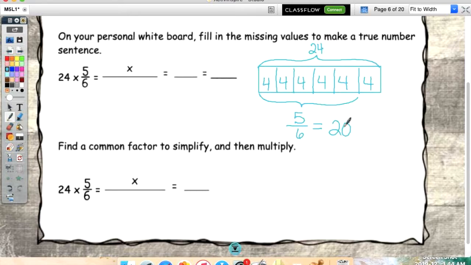All right, so now we're going to do 24 times 5 divided by 6. This is not the easiest way because I have to do standard algorithm, right? So anybody know what 24 times 5 is? 120. We did it earlier, okay? So 120 divided by 6. Can't I just take this 0 off and then put it back on? Okay, so if I do 12 divided by 6, what do I get? 2. And then add a 0. 20. Is that what I got over here? Yes. Okay. This one,